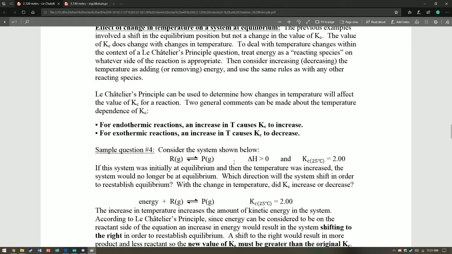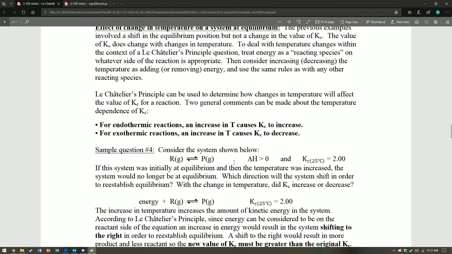And again, the idea here is that since you add heat energy, the system will try and remove that excess heat energy. For an exothermic system, the reactants have more potential energy than the products. So by adding heat, you will favor the reactants, which have more potential energy, and forming that will essentially absorb